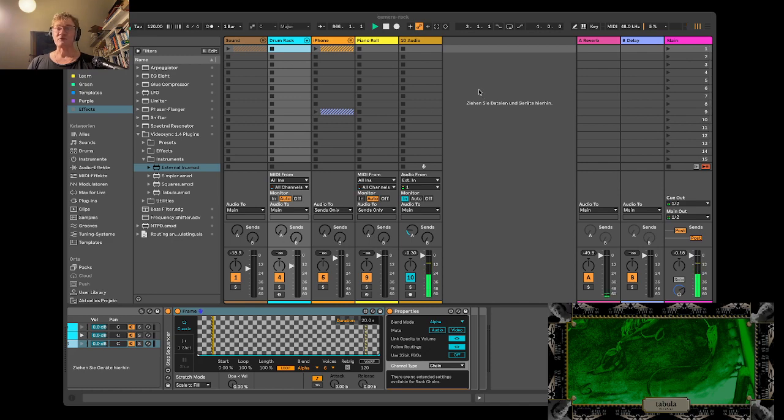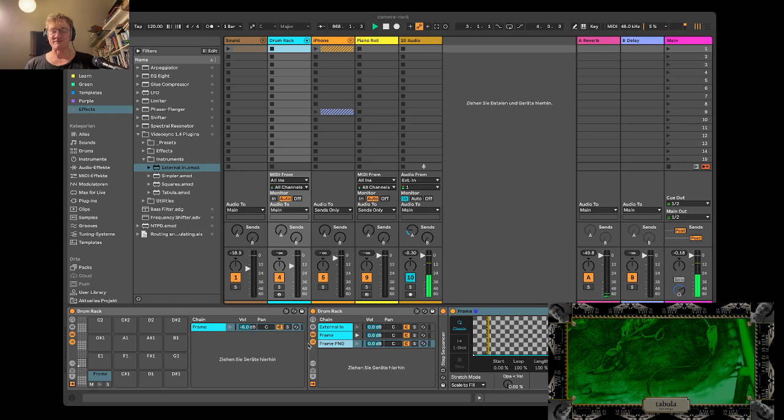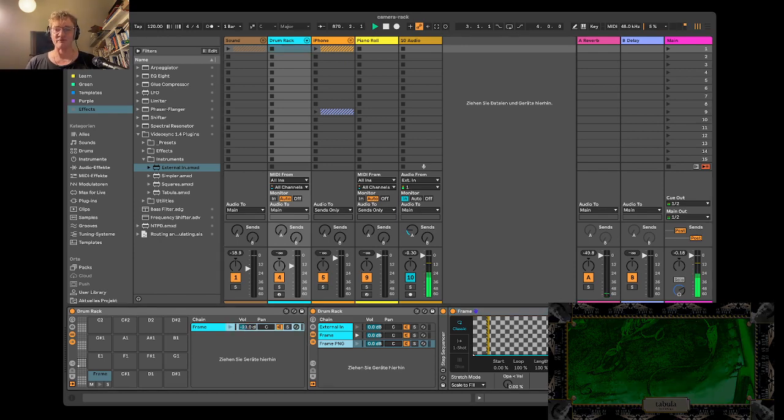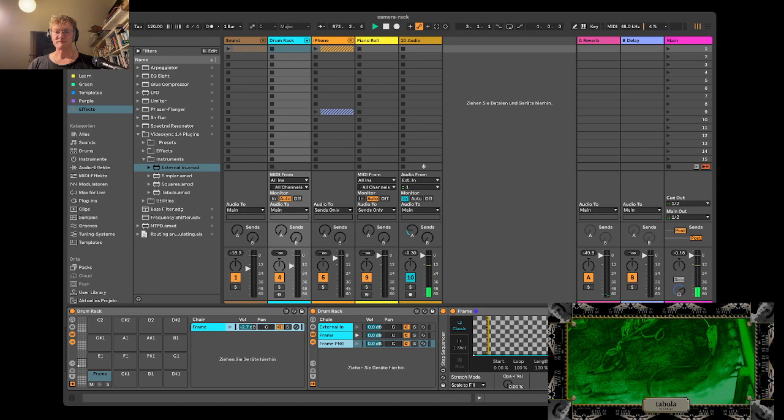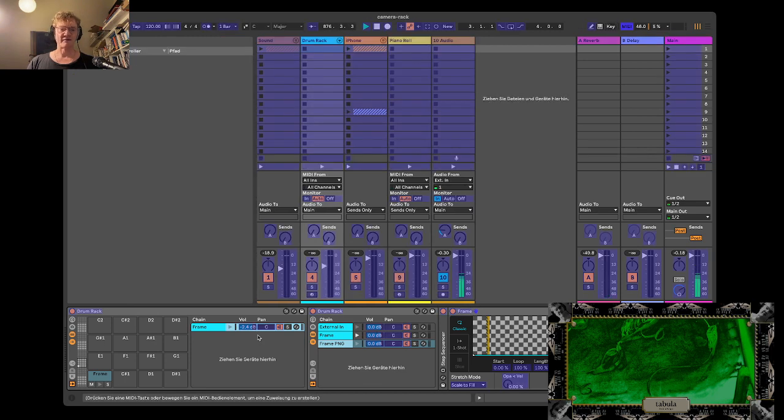The downside, of course, could be that I cannot control via note, but in this case I want it, and I want to control it with this alpha or volume blend. And so I can map this, for example, here I could map it to a knob on my Akai Mini, and